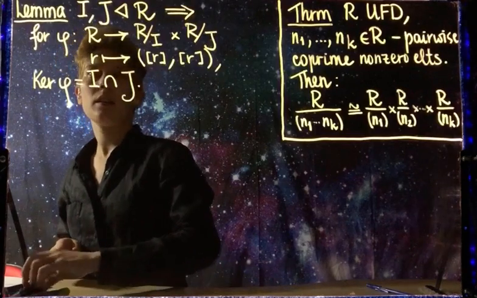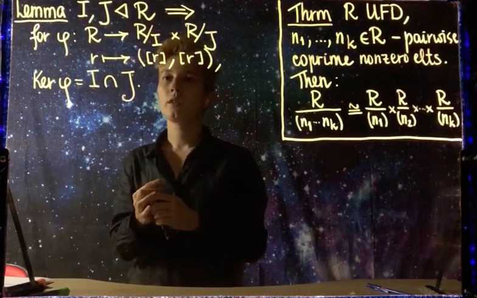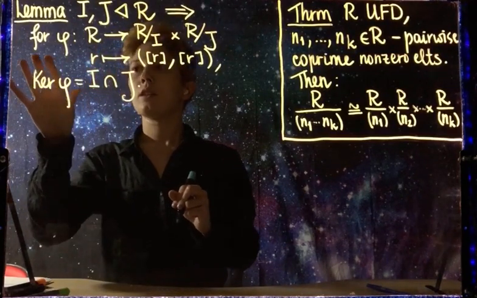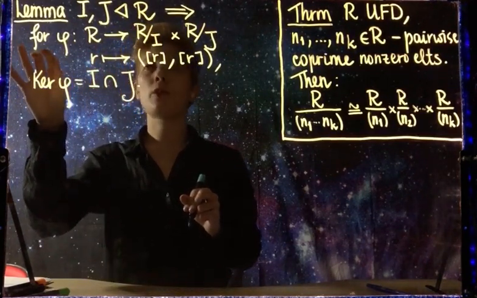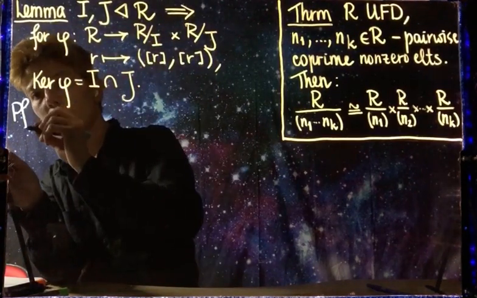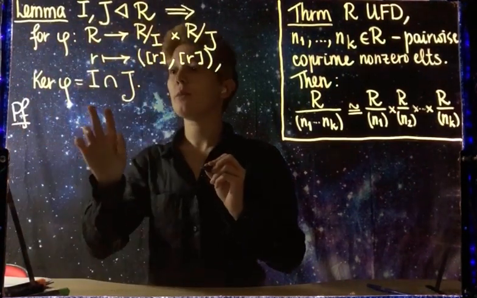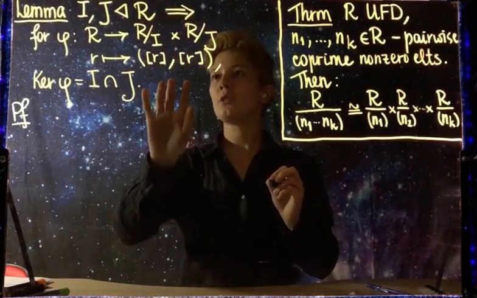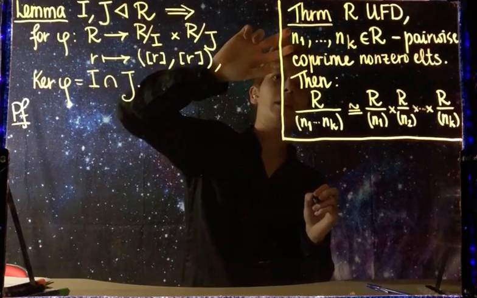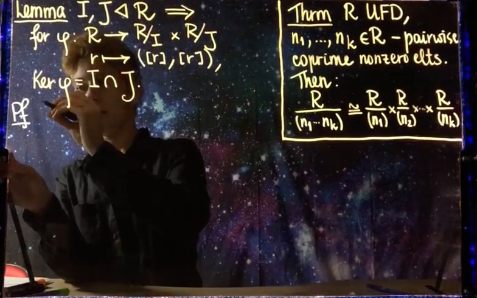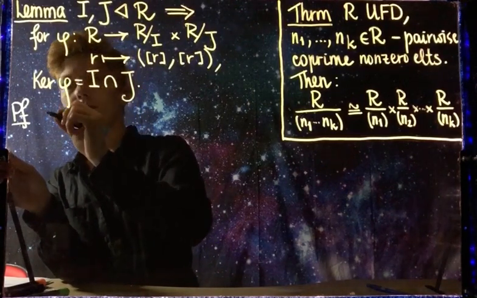And this is the first step in the formulation of the Chinese remainder theorem for ideals. But I'm not going to go as far, and you can probably figure it out on your own. But instead, I will derive an induction step for this theorem. So, for the proof,